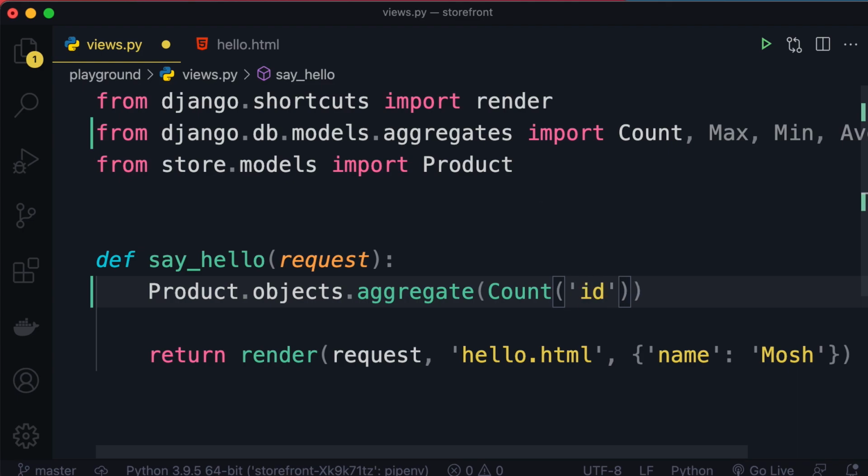If we use ID, we can count the total number of products because every product has an ID. But if we use a different column, let's say description, and assume that description can be null, this will count the number of products that have a description. Okay? So the proper way to count the total number of records is to use the ID or the primary